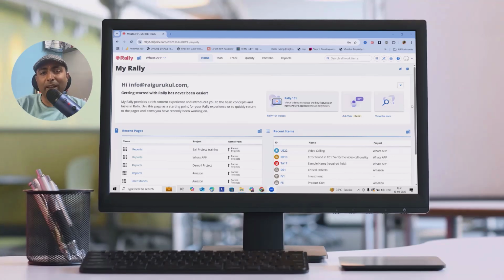Today we are diving into Agile user stories and tasks, the foundation of Agile development. If you want to master Agile planning and boost team collaboration, stick around till the end